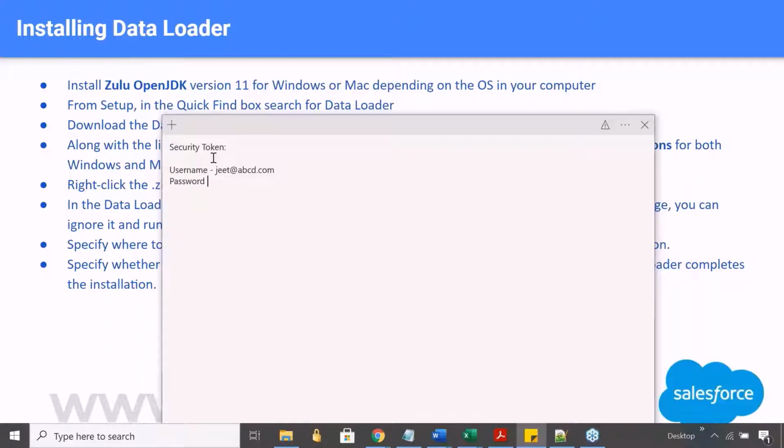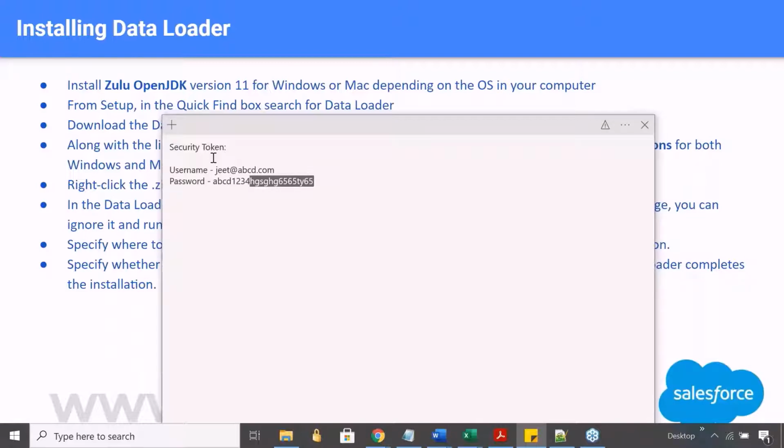And let's say my password is abcd1234. In the password box, you have to put the password plus security token. Right after the password, you put your security token, no space, no other characters in between. You have to combine these two things, where this part is your password and this part is your security token.